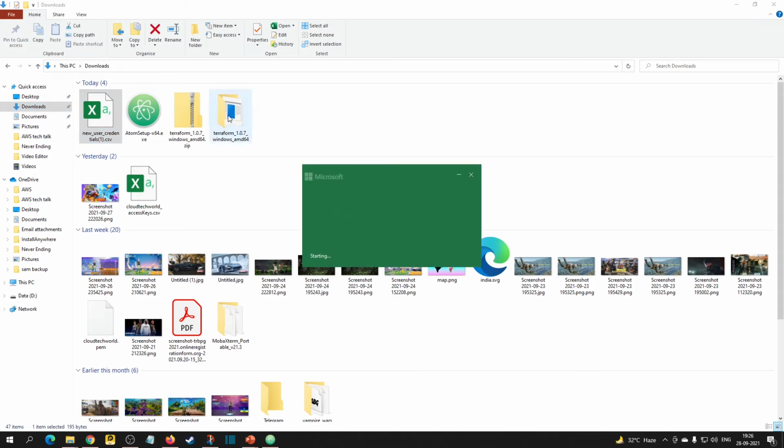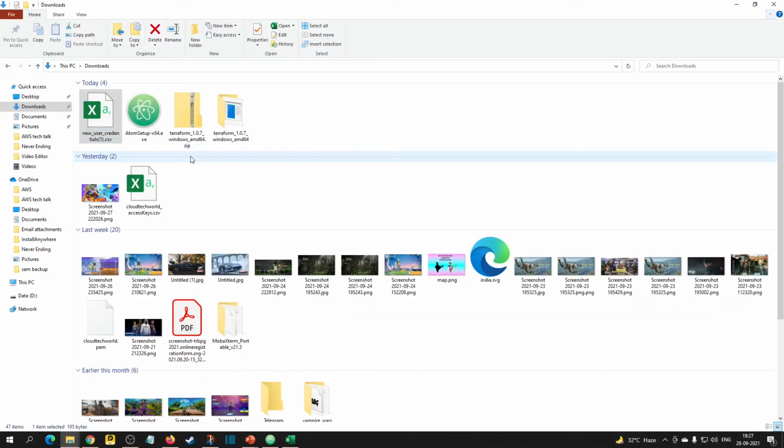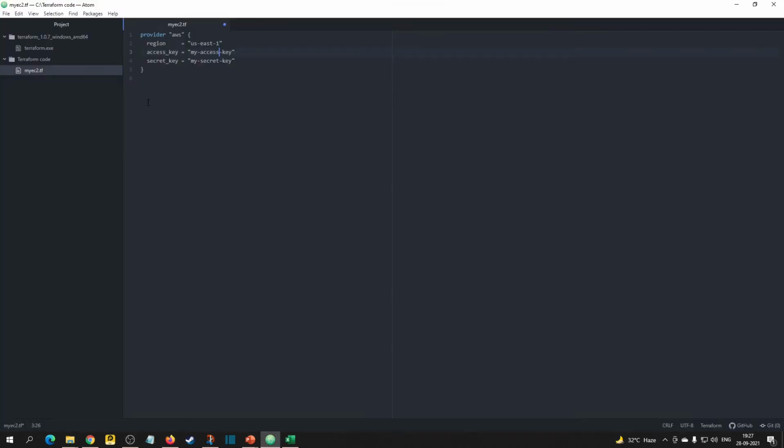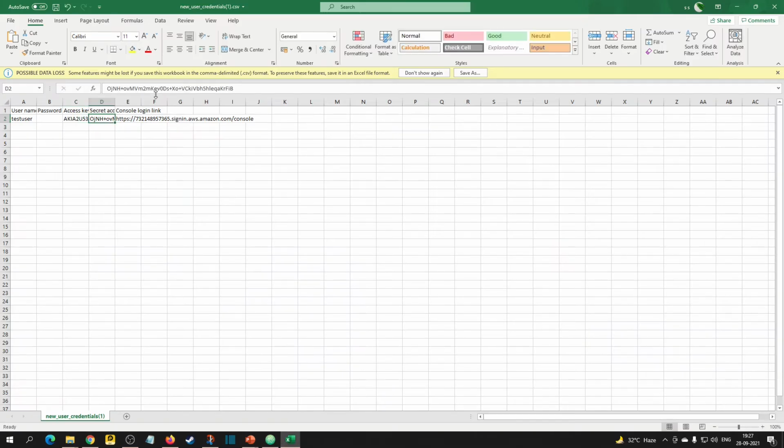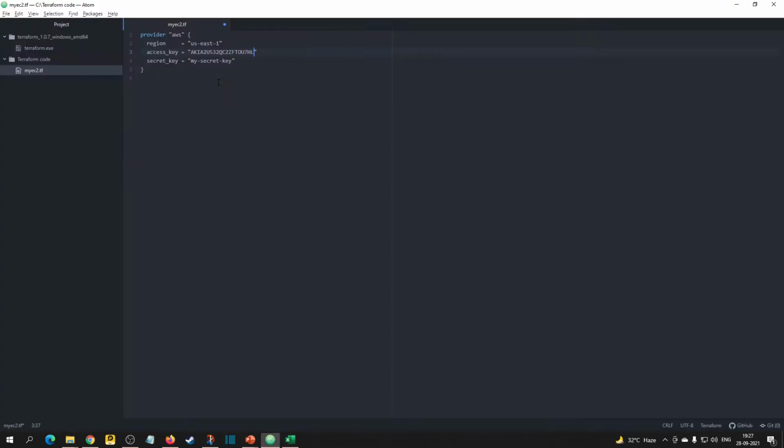Now we have downloaded this already. This is the access key. Paste the access key here, and this is the secret access key. There are different methods available for interacting with AWS. This is the basic method. As we go forward, we'll be looking at different methods.